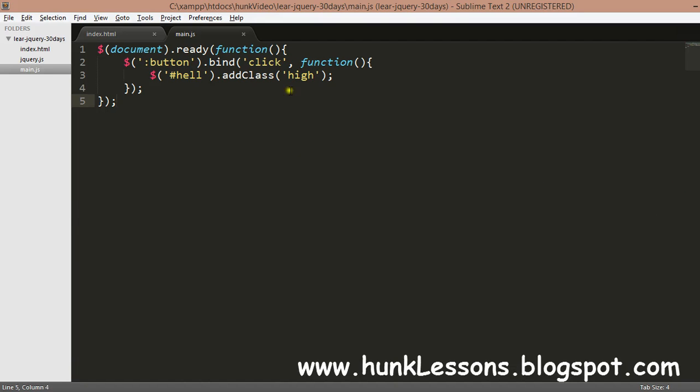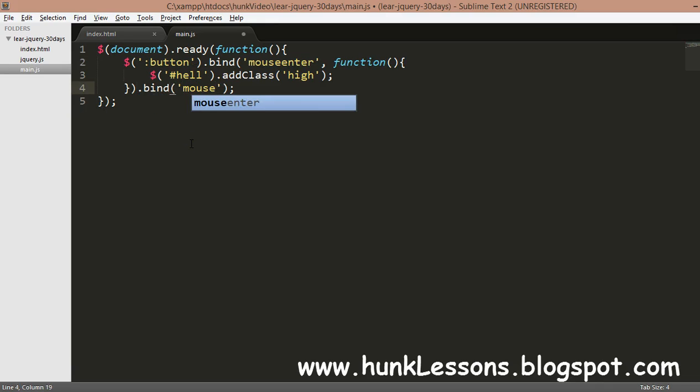And if we want, we can add other listeners. We can add a mouse enter and a mouse leave to a button. We will bind a function and we say mouse leave function.